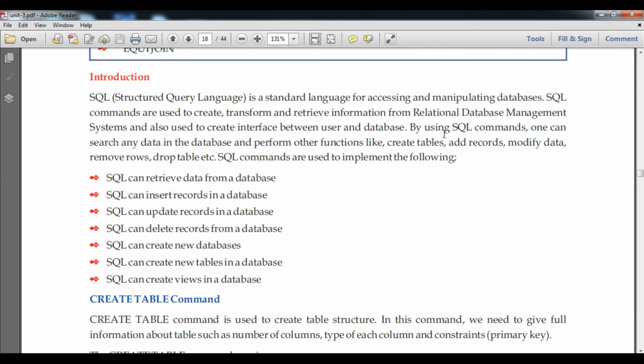It is also used to create an interface between the user and the database. As we know, a database is software, an organized way to store data. Whenever we want to access the data, SQL provides us the interface for data access between the user and the database. By using SQL commands, one can search any kind of data from the database, and perform other functions